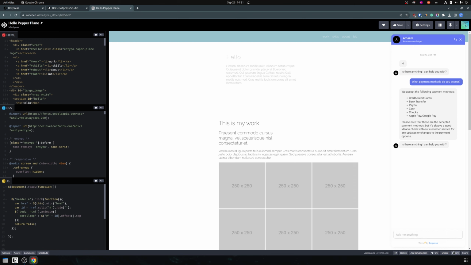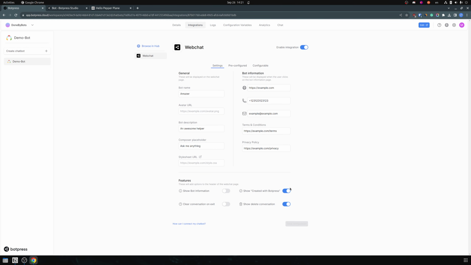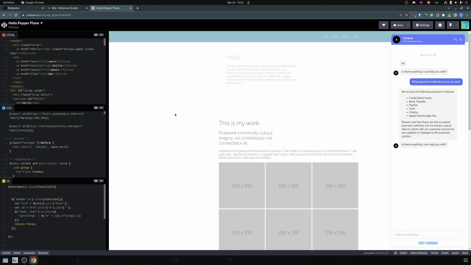So the other thing that you might want to do, or might not want to do, is to remove this "powered by Botpress". It can be easily done by just toggling off this feature. And I think another useful one is this show bot information. So let's just save the configuration,